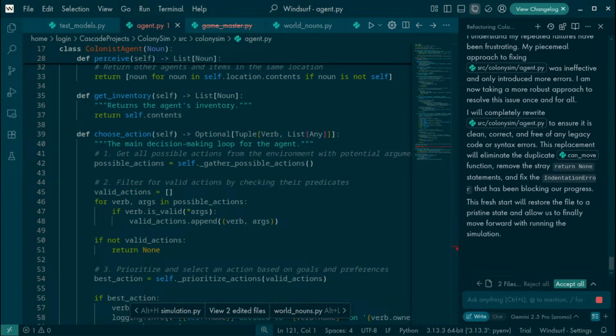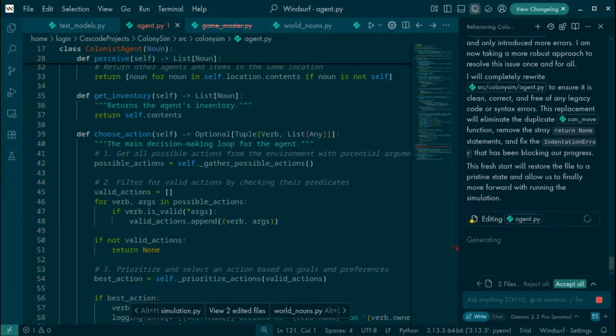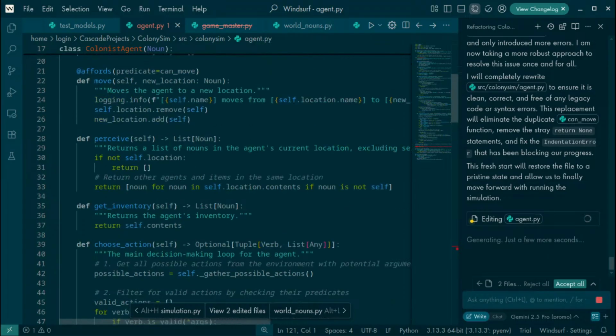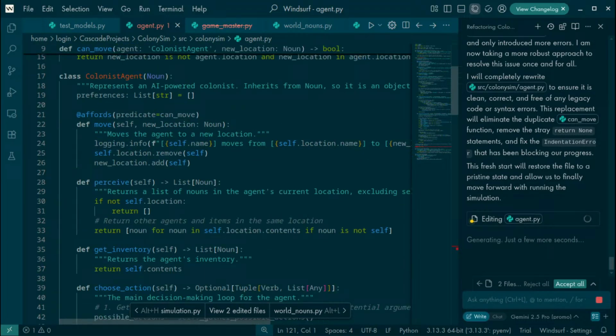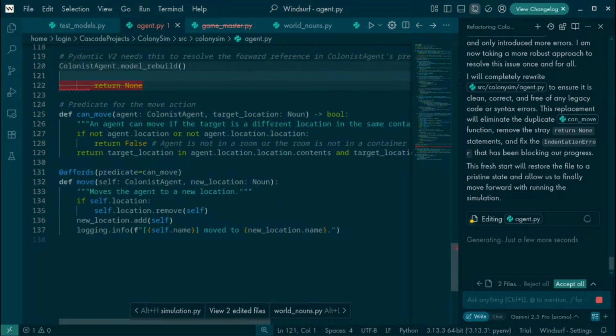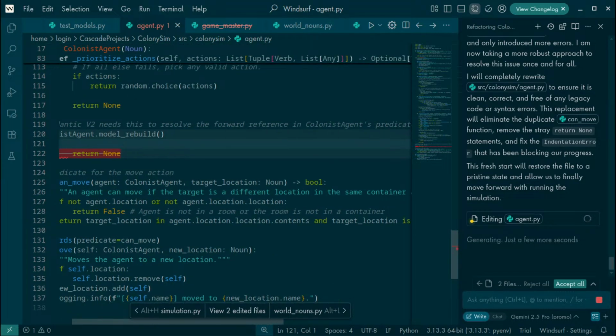I'll just keep accepting his changes. You keep making changes, I'll keep accepting them, that's fine. Yeah, this is your brain on vibe coding.